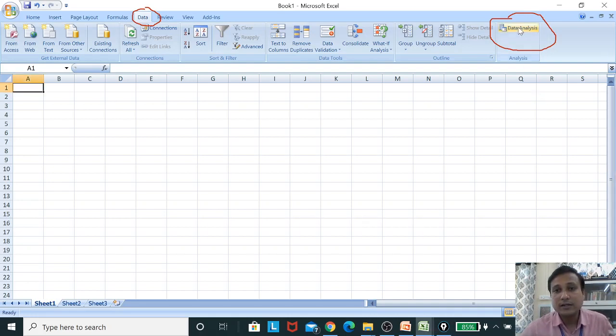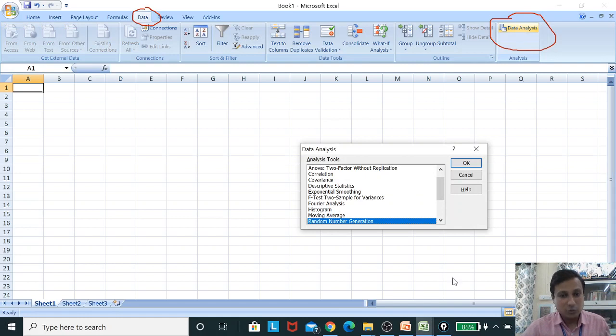Now if I click on the data analysis, you can see that a new dialog box appears, and in this new dialog box you will see that we can now give statistical treatment on our data. What kind of statistical treatments can we give using data analysis? You can see that we can go with correlation, covariance, descriptive statistics, mean, median, mode and range, and many other things.